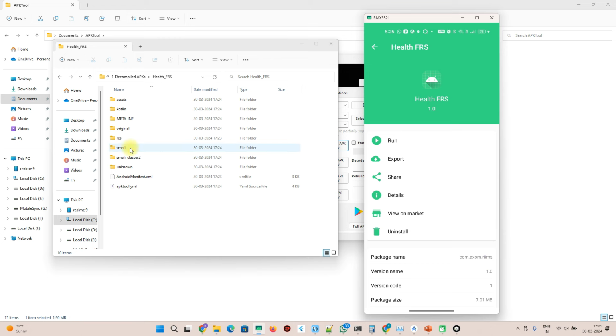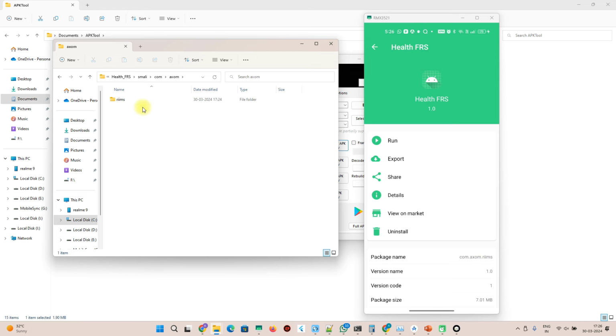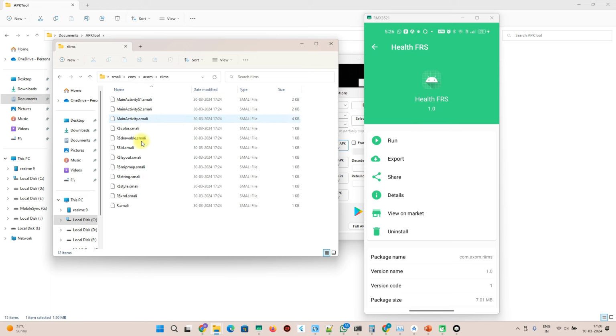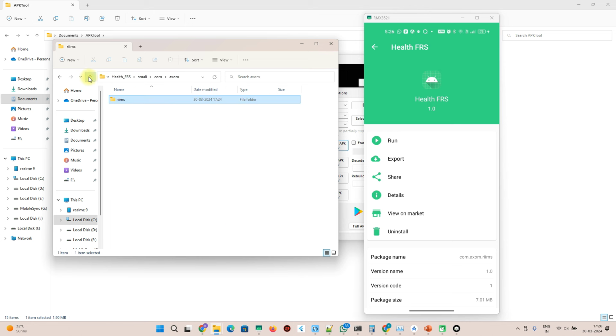So what I will do is, we will go to the smali folder here. Inside smali, we go to com. After the com it is exam, after that it is riims. So open it. You can see here are all the Java classes our app belongs to. Okay, and what we have to do is copy this path, then